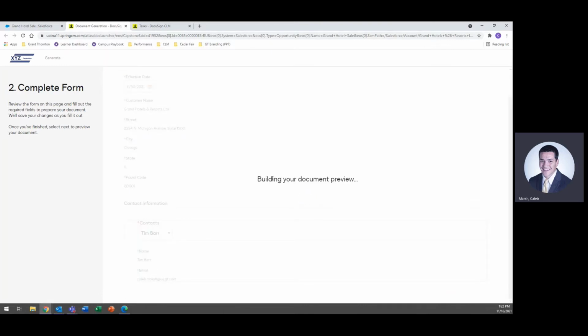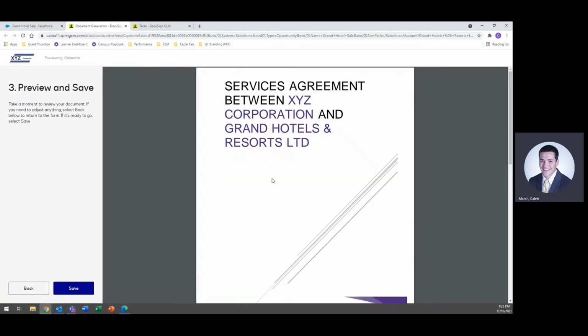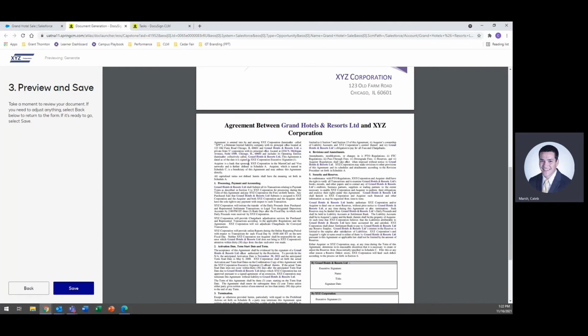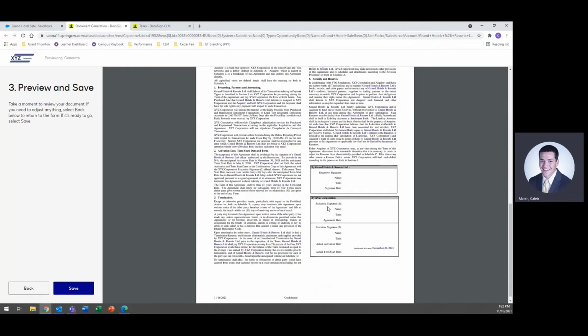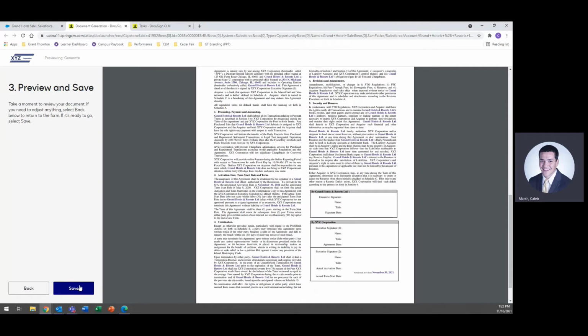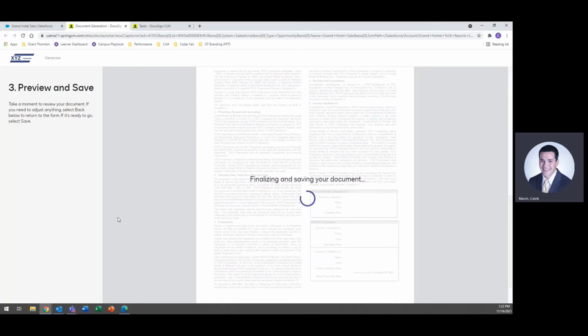next. And right now the workflow is merging the information we filled out in the form with the template that we have designated for this contract. So we now have a services agreement between XYZ and Grant Hotels and Resorts with all of the information filled out as required. So we're going to go ahead and click save, and the rest of the workflow is going